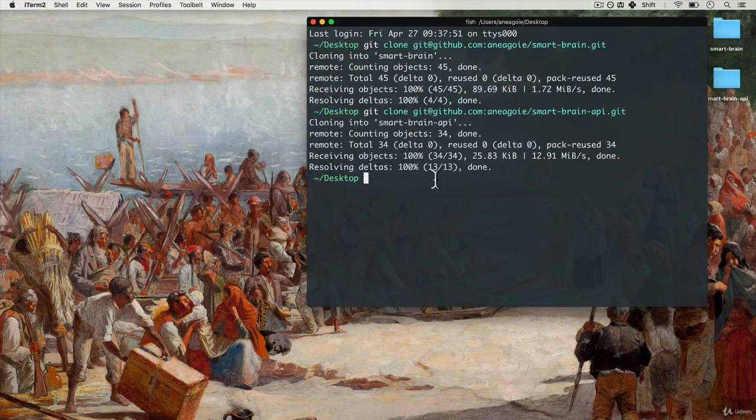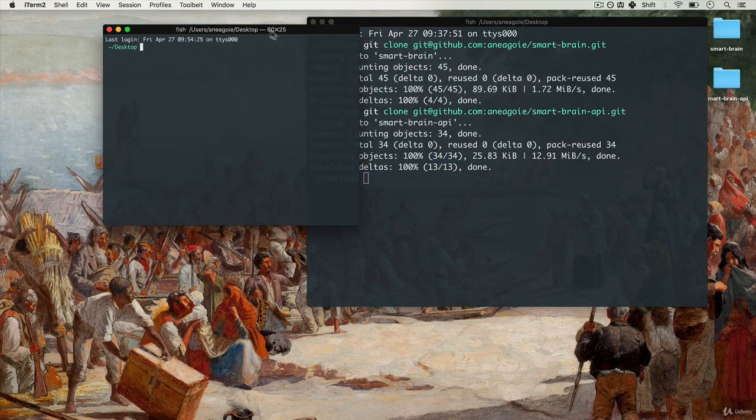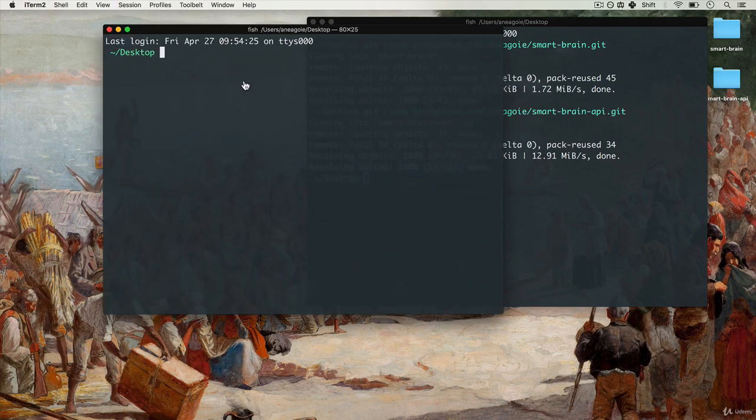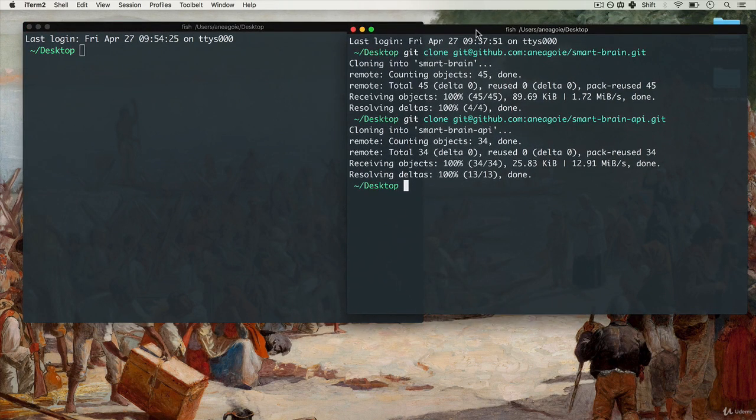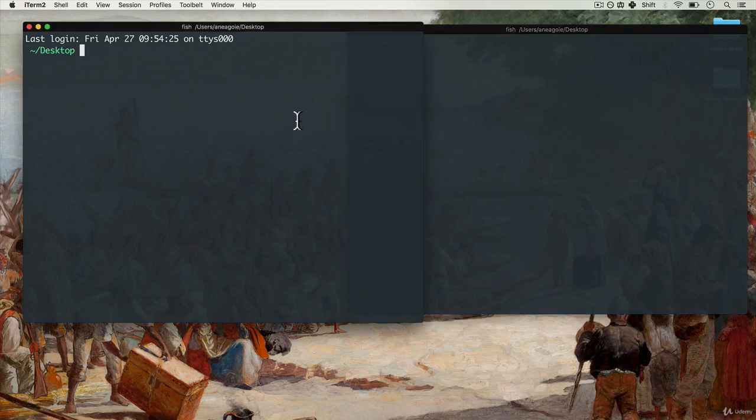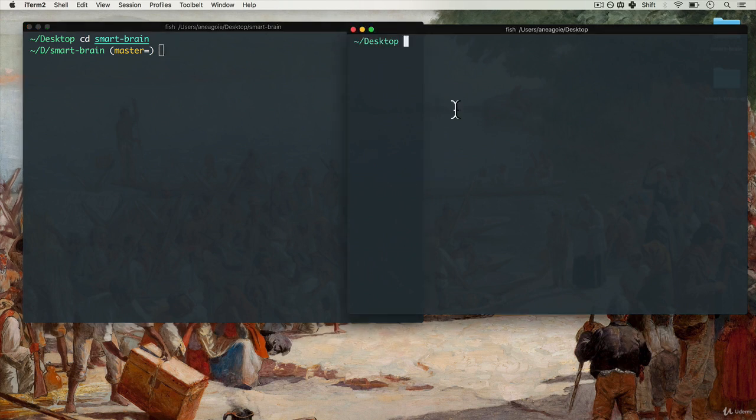Now what we want to do, actually, because we have two things, we might want to have two terminal windows here. So I'm going to add a new window. There you go. Again, make it a little bit bigger so we can all see. And I'm going to have one for my server, one for my client-side app. The very first thing I'm going to do, let's clear this a bit. I'm going to clear this as well. And I'm going to say that this is going to be the client-side app, the SmartBrain, and this is going to be the server that the client-side app uses. So this is going to be cd into SmartBrain